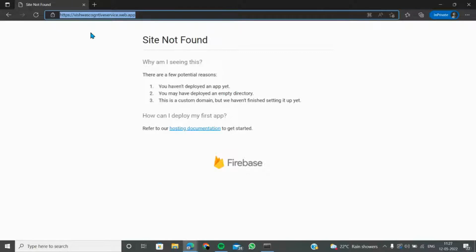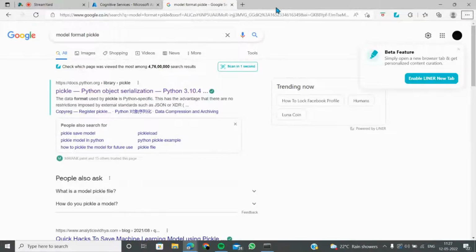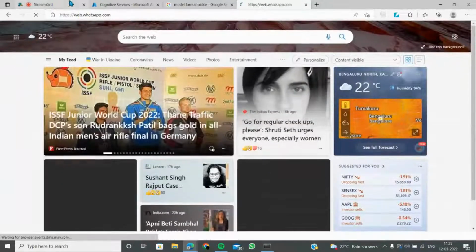Perfect. Links are here. Vishwas Cognitive Service dot web dot app. This is the one. So let me just copy that. Let me just put that on my WhatsApp Web. So I'll have to stop my share screen. So I'll be here. So don't worry about that. So what if you guys go out there and just copy that thing?